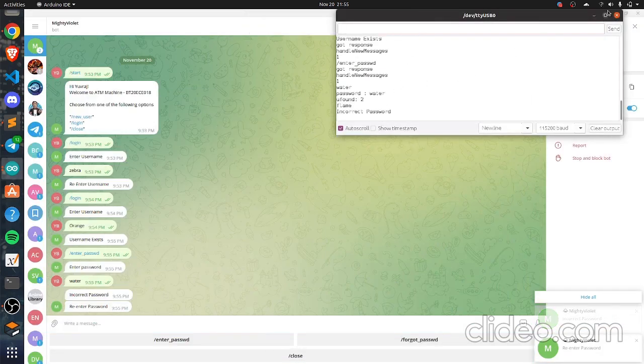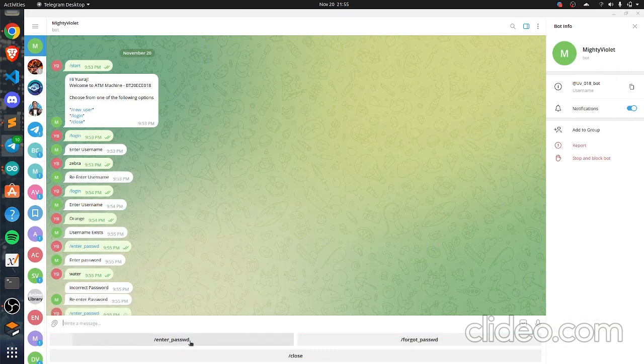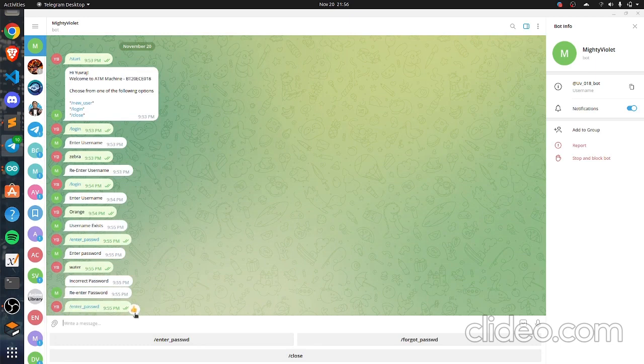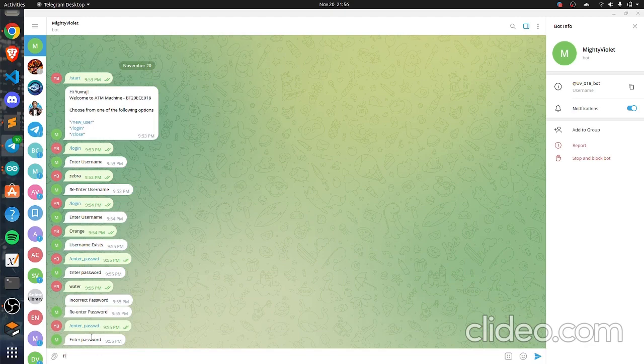It is obviously the incorrect password. Now it's asking me to re-enter the password. I'll enter a password again, and this time I'll enter the correct password, which is flame.